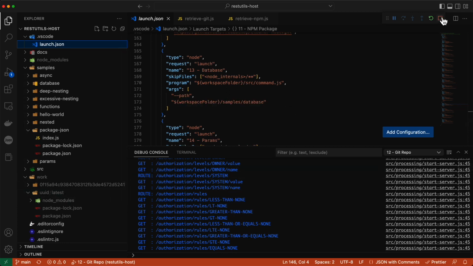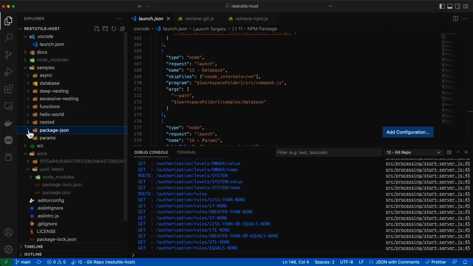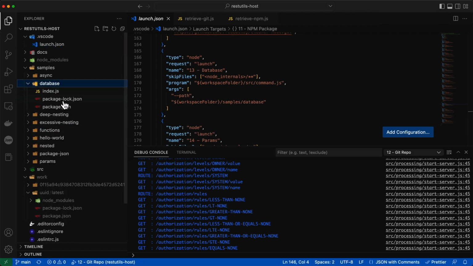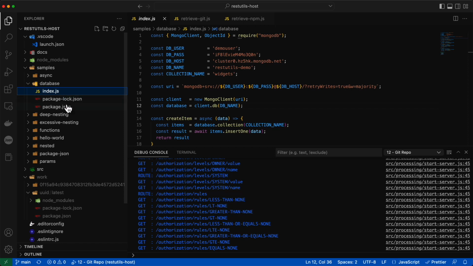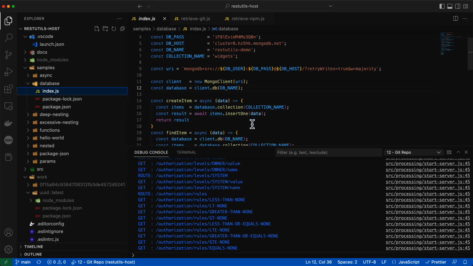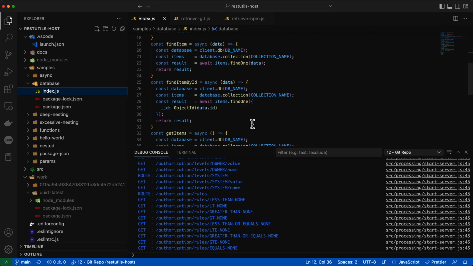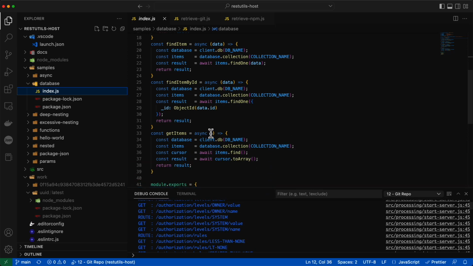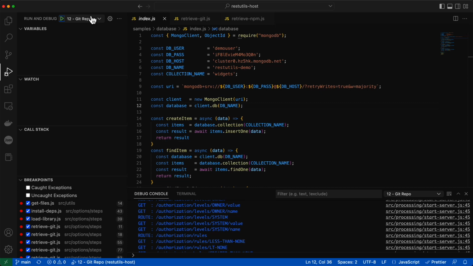Example 13 is a database example. Nothing really all that magical here. We've got another kind of NPM project. In this case, we're calling out to Mongo. This is, I guess, following a bit of a repository pattern for getting items. So if we run the database example,